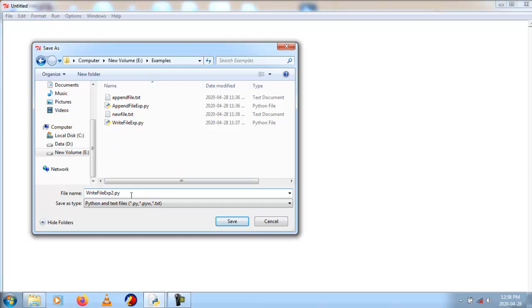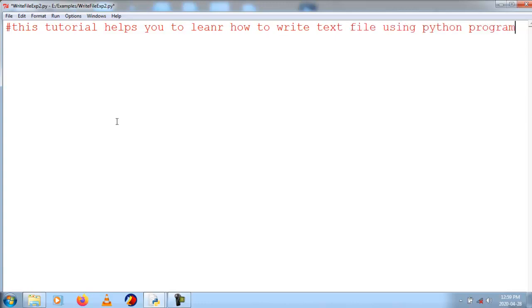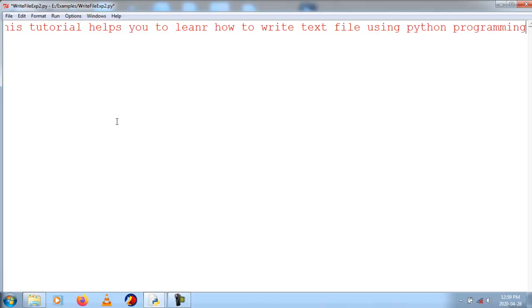I say write file example2.py, and I can say save. Now I will write code with comments. This tutorial helps you to learn how to write a text file using Python programming. Clear?